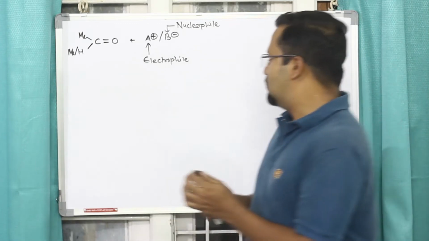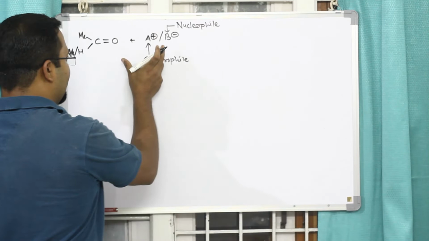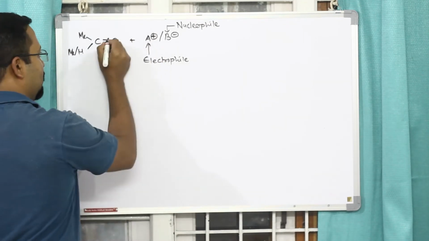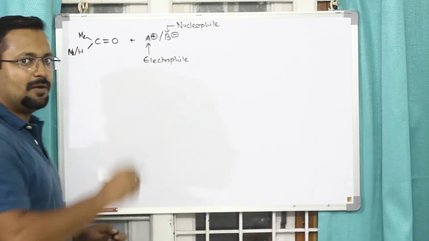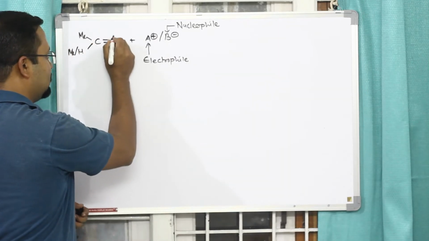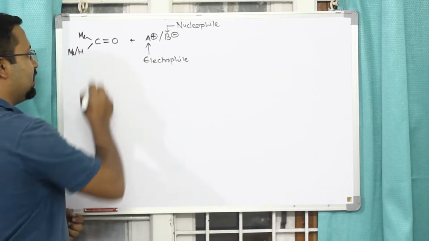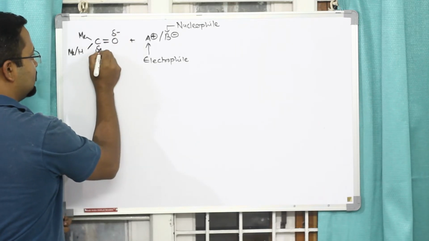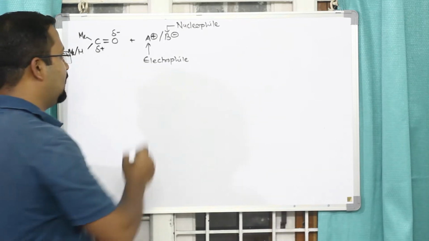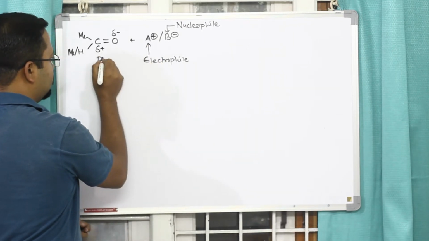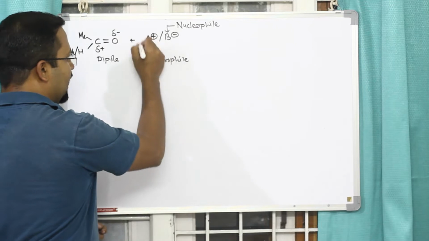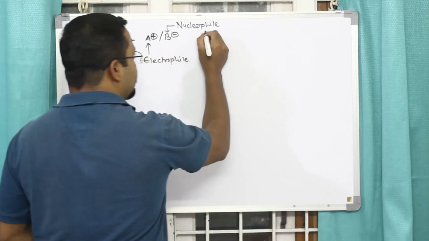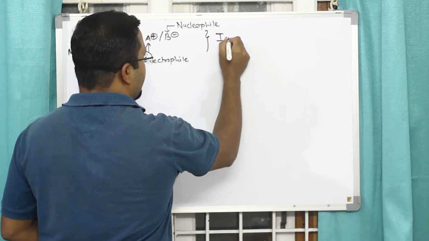So I need to look for a nature of attractive interaction which will be present between the two. Now, if I know a little bit of chemical bonding, I know for a fact that oxygen is more electronegative, carbon is less electronegative. So this bond is polarized. Oxygen has a partial negative charge, carbon has a partial positive charge. This is a dipole. These are ions. So can we identify what kind of interaction will be present? Yes. This is an ion